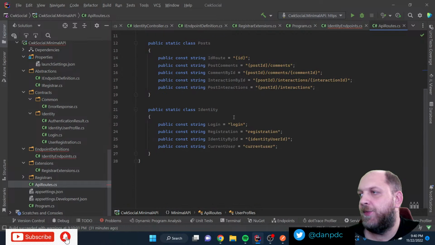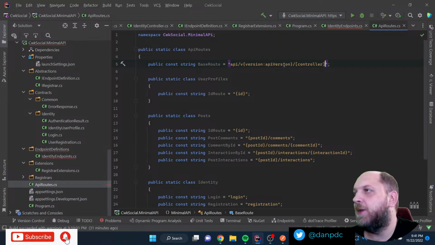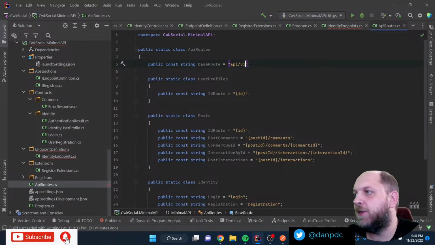The profile post identity, because here we have a base for this one. We still have to refactor this a little bit because here we haven't implemented things with Swagger. In this case, we will not have a base route for each. The base route will actually only be the API and the version. So yeah, we still have to refactor it. I still want to have version 1, but I'll just refactor that.